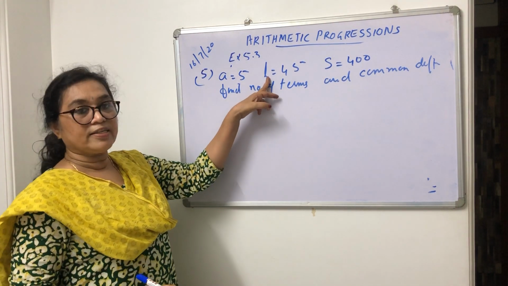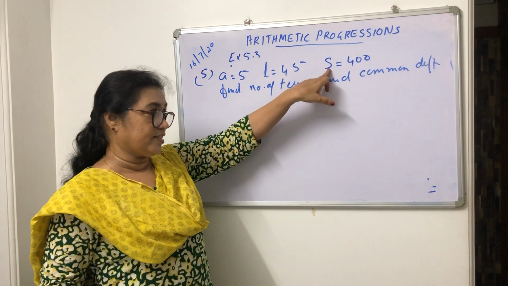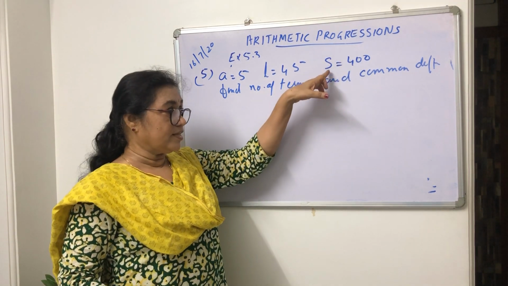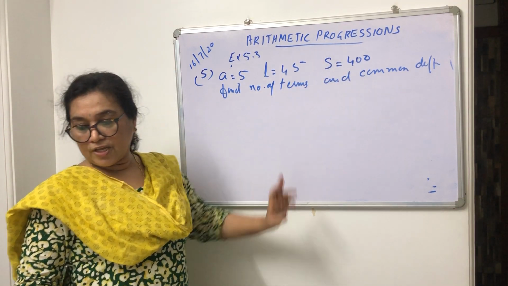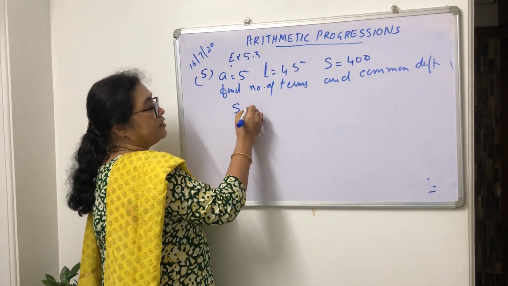The last term is given, 45, and Sn is 400. Same way you take the formula because the last term is given, so Sn equal to